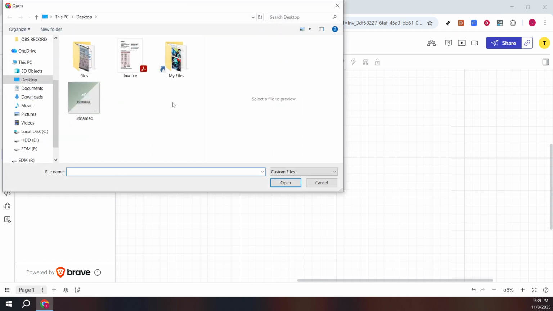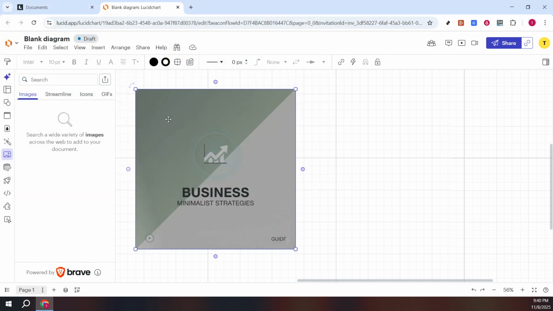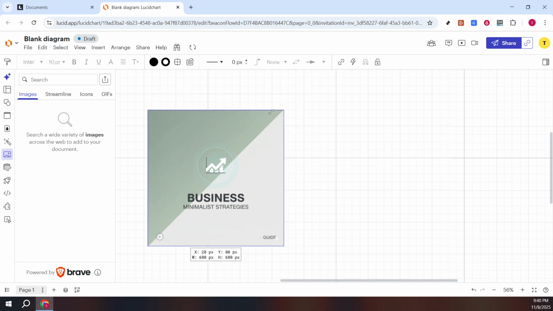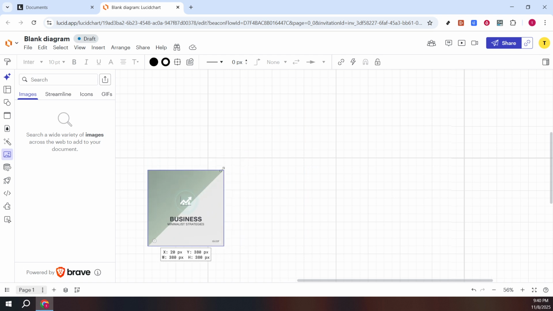Select the image option and a dialog box will pop up. This is where you can browse through your files and choose the perfect image to import. Once you've selected and imported the image, you'll see it appear within your diagram. Now, here's where you can get creative. You can move and resize the image to fit perfectly into your design by clicking and dragging it. Adjusting the size and position of the image ensures that it complements your diagram's layout and serves its communicative purpose